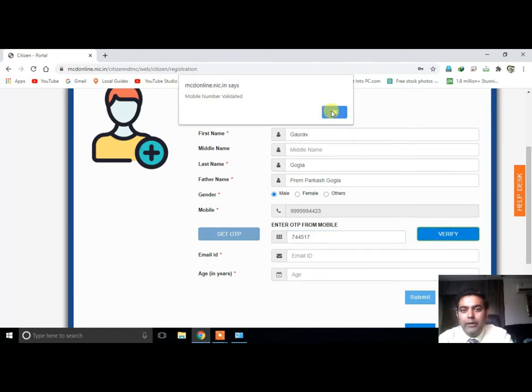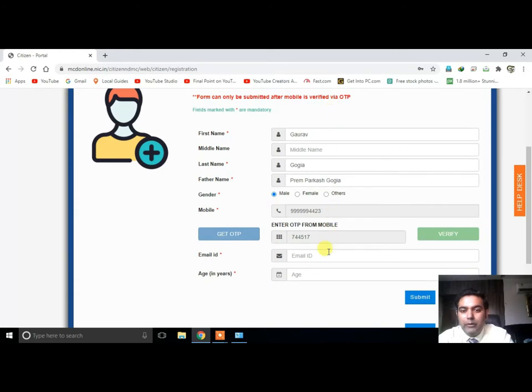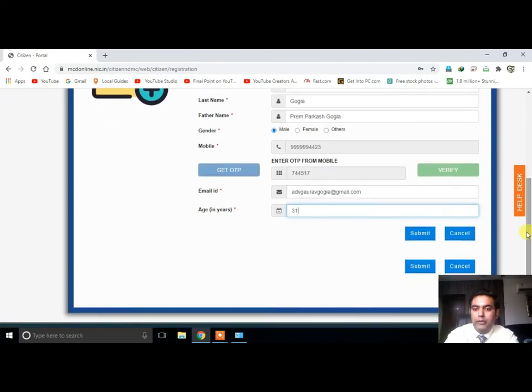Mobile number is validated. Enter your email ID. Enter your age, then click on submit.